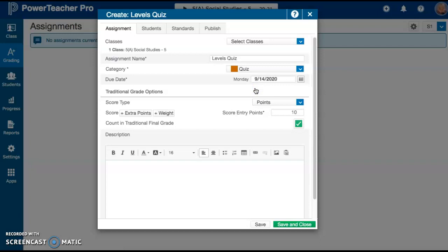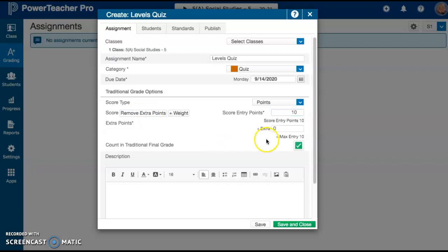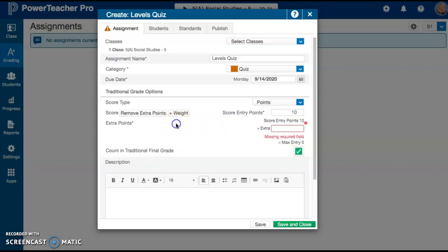That just helps to sort it out. And then the due date is usually the date that you took the quiz or had the quiz on. I keep this points at all times. And then if the quiz was out of 10, then I would keep it out of 10. If you wanted to add extra credit, you can do extra points. And then that would allow you to give kids 2 points extra credit. So you can see now that kids could get a 12 out of 10. If there was no extra credit allowed, then you can just leave it without the extra,